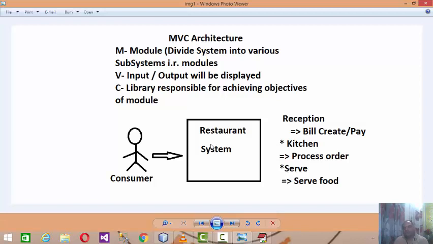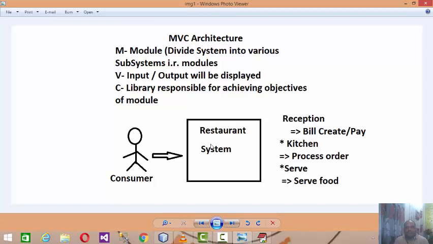Now where will MVC play a role? Let us understand that in this restaurant system only one consumer is coming at a time. If only one consumer is coming at a time, all these modules, reception, kitchen, serve, can be performed by a single person.